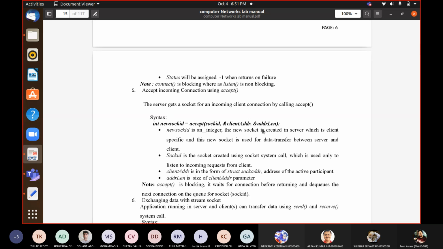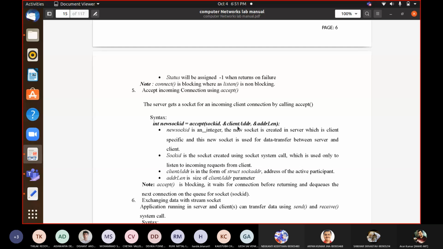The client address is a structure which contains the details corresponding to the client IP address and the client port number, which it has taken from the connect system call. And the address length is exactly the size of this client address.